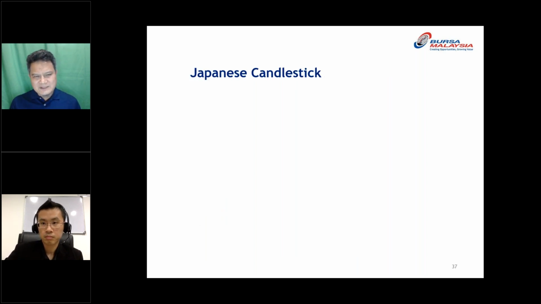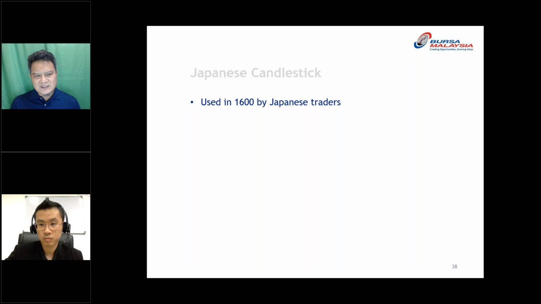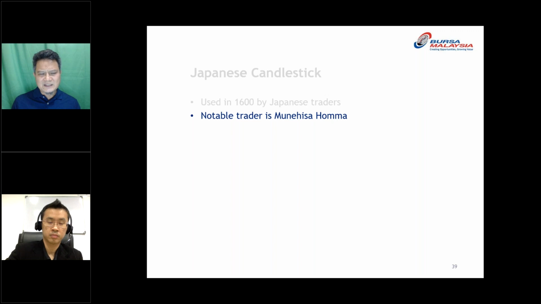So what is Japanese candlestick? I'm very sure that some of you are familiar with candlesticks, or maybe you have seen them. A lot of people see the chart, and most of it is a candlestick chart. The only thing is that today perhaps you will know more about the candlestick and what it's all about and how to do analysis using it. It was used by Japanese traders in the year 1600, and the name of the trader is Munehisa Homma. It's very similar to the name of our singer here, but they are not related.